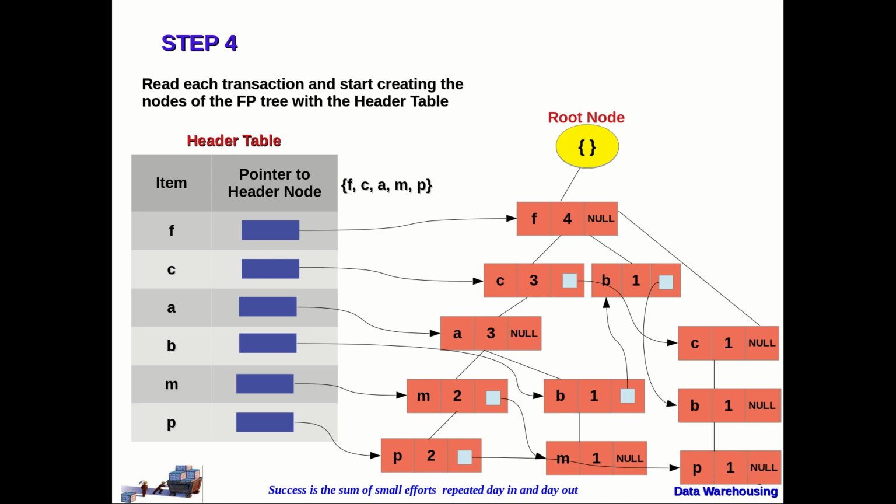So far we have seen only phase 1. So these 4 steps are used for finding the frequent pattern tree of the given database. Now in the next session we will be discussing phase 2, where the constructed FP tree will be used as the input for generating the frequent patterns.